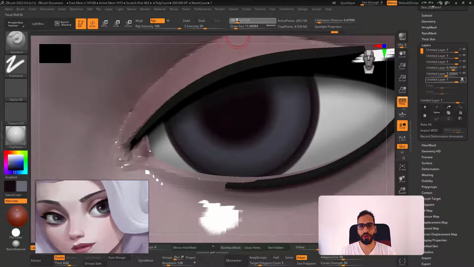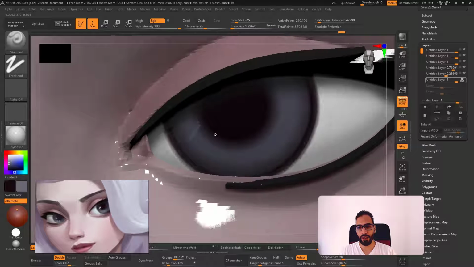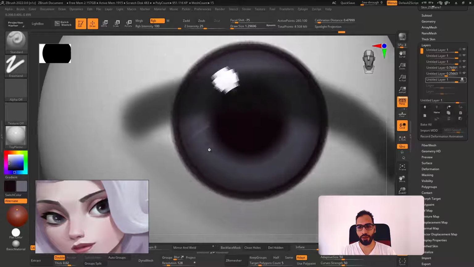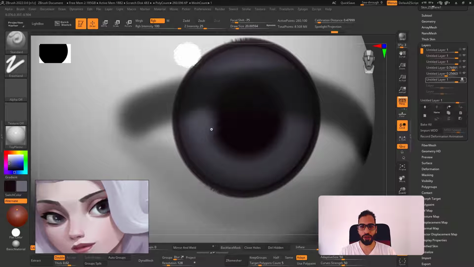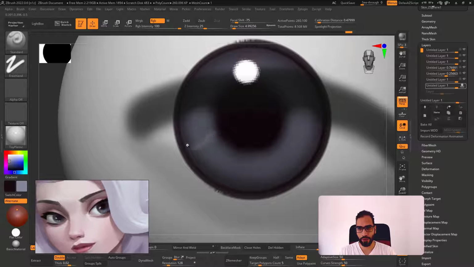So let me use the focal shift, and I want something more sharp on this region. So I can start with that. Bring this part. Then I can mix with another layer, a little more white, and I can make this